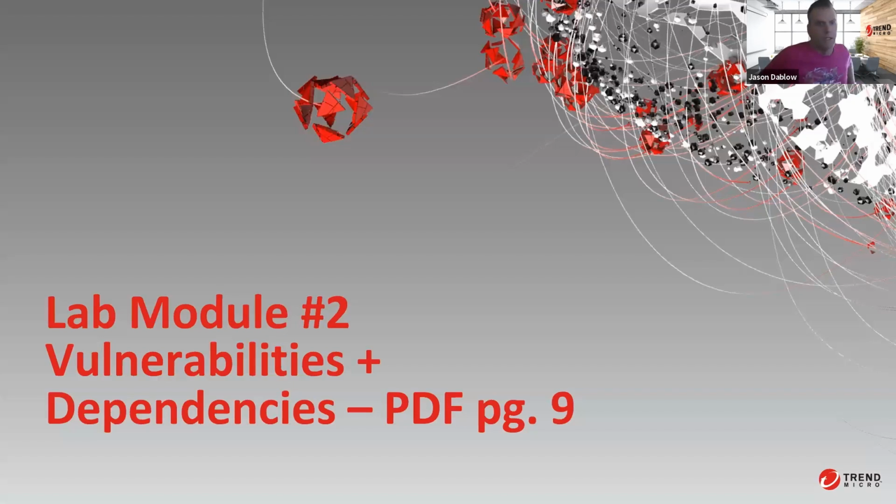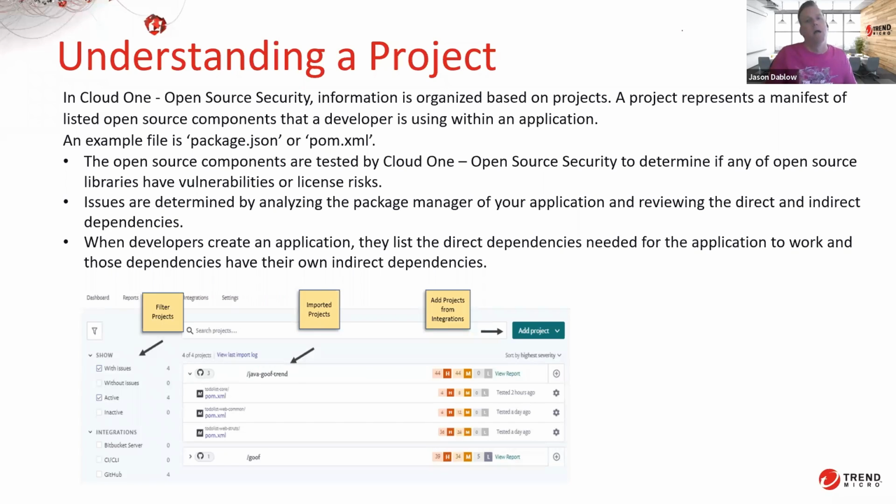Perfect. So let's go ahead and start talking about lab module number 2, where we'll be discussing and showing the different projects, the vulnerabilities and dependencies that are in there, as well as getting visibility into all of this dependency tree information. So we'll start on PDF page 9 with these particular lab modules. On page 9, you'll have the ability to start looking at